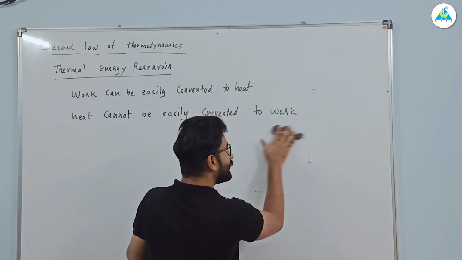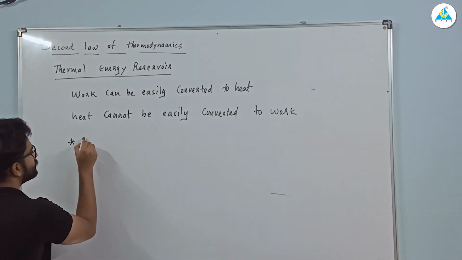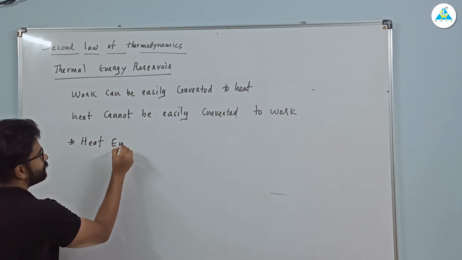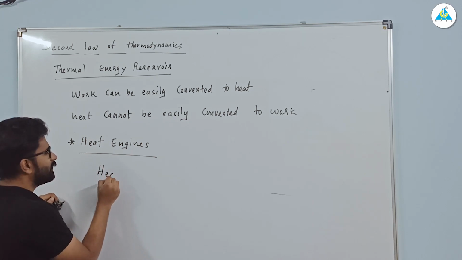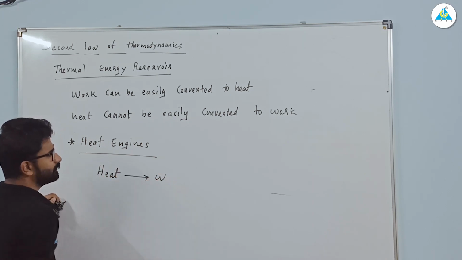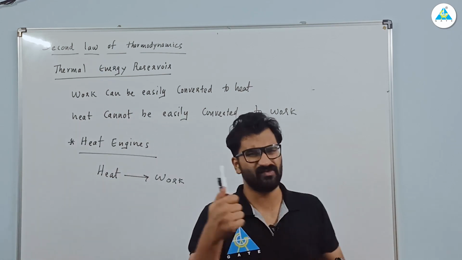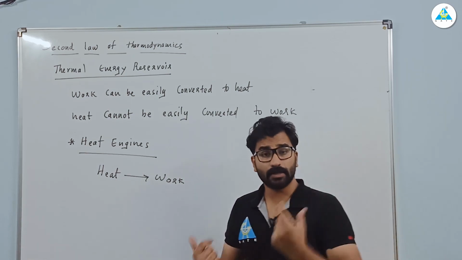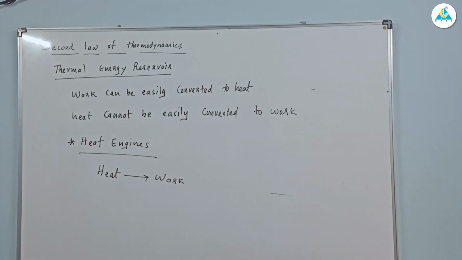So to make that difficult part easier, we have special devices called heat engines. So what is the use of a heat engine? Obviously, we need to convert this heat to work. For the smooth conversion of heat to work, we need special devices called heat engines. Clear? So far so good. I hope you understood. So the conversion of heat to work requires some special devices, and we call these special devices what? Our heat engine.